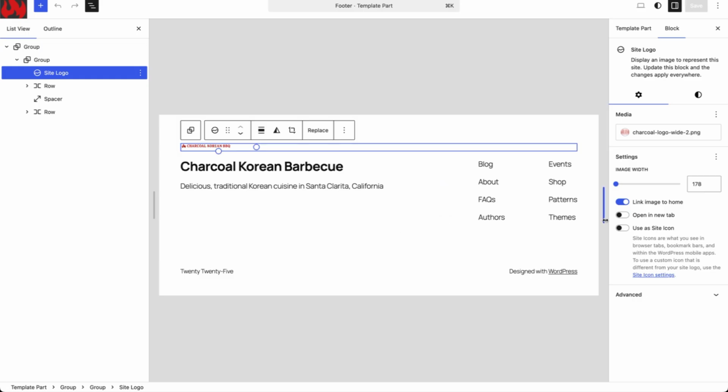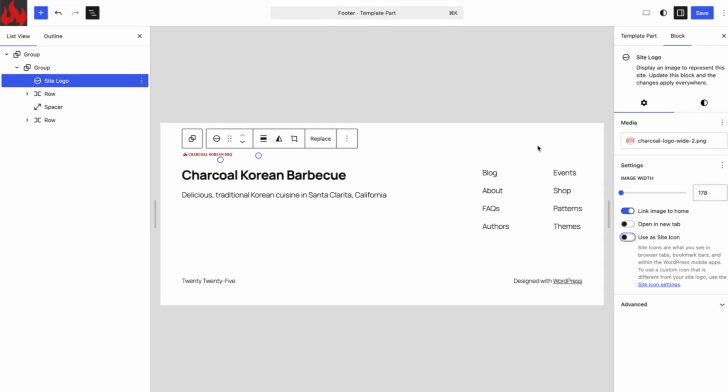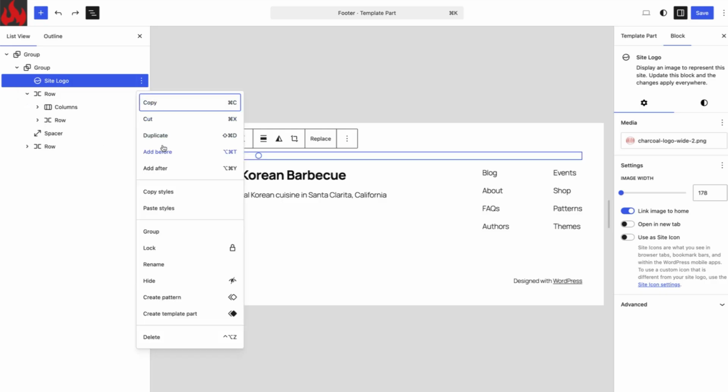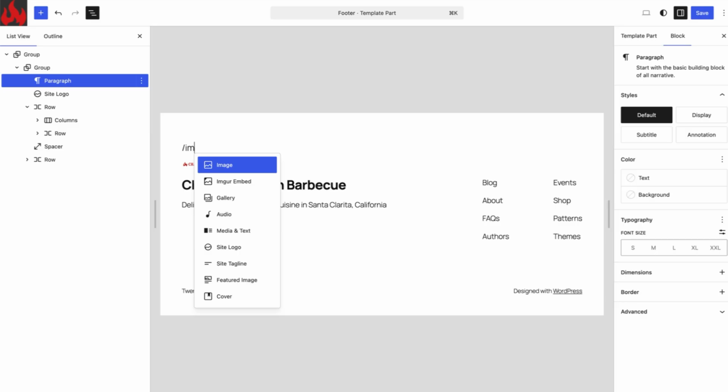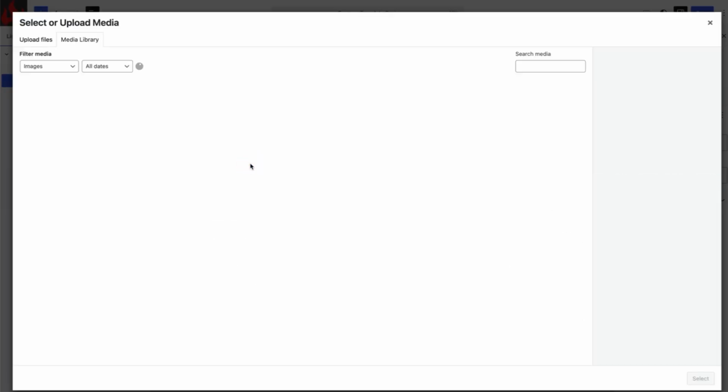So let's go in and swap this to use site icon. We want to swap out the logo, but we only want to use the flame, and we're going to add it next to the text. So let's go ahead and do that. Instead of using the actual logo with the text, which is a logo type, we're going to add the actual logo itself before. Let's grab that from the media library